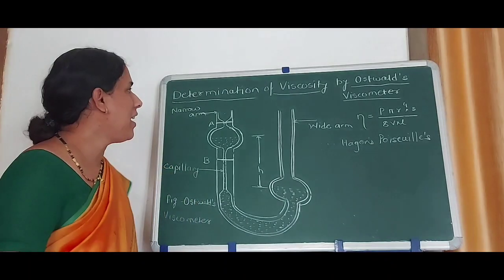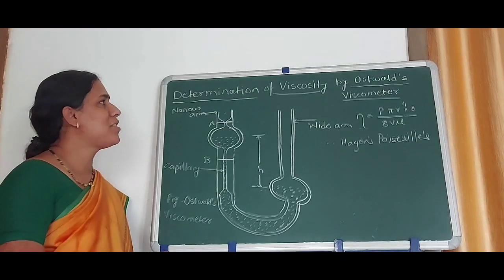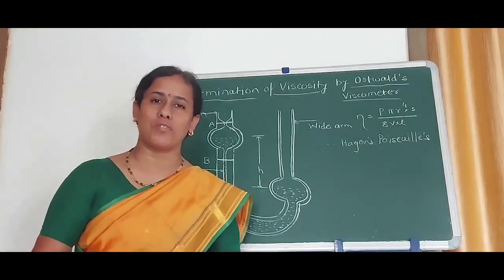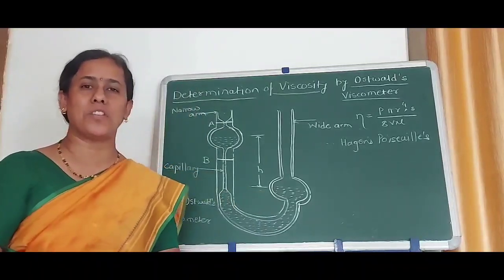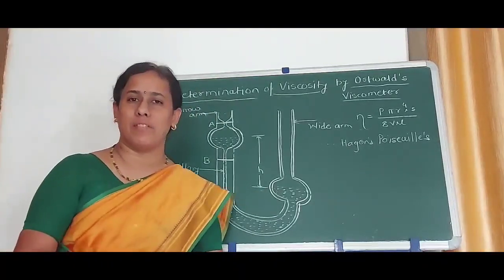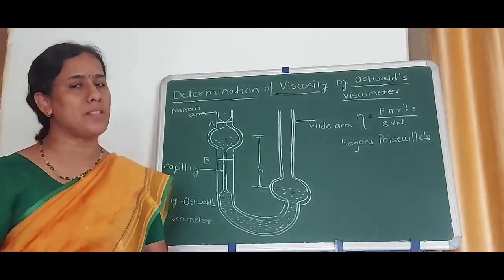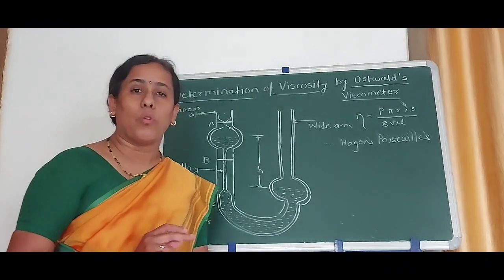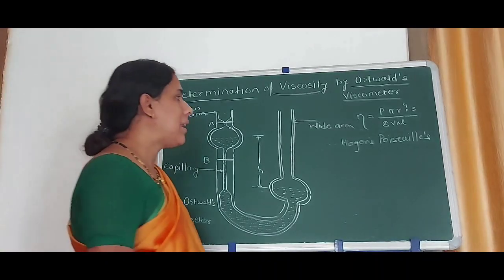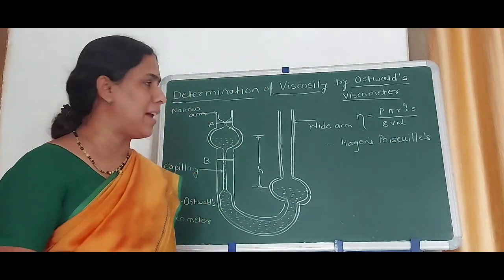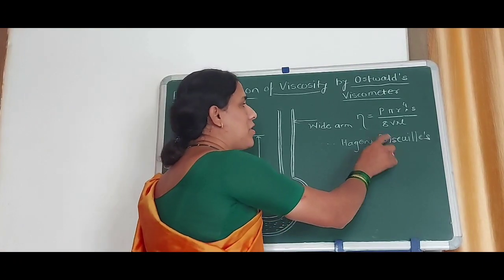Hello everyone, today I am going to discuss a lecture on determination of viscosity by means of Oswald's viscometer. In the last lecture we have seen the definition of viscosity and its units in the SI system and CGS system. The coefficient of viscosity can be calculated by using the Hagen-Poiseuille equation, that is coefficient